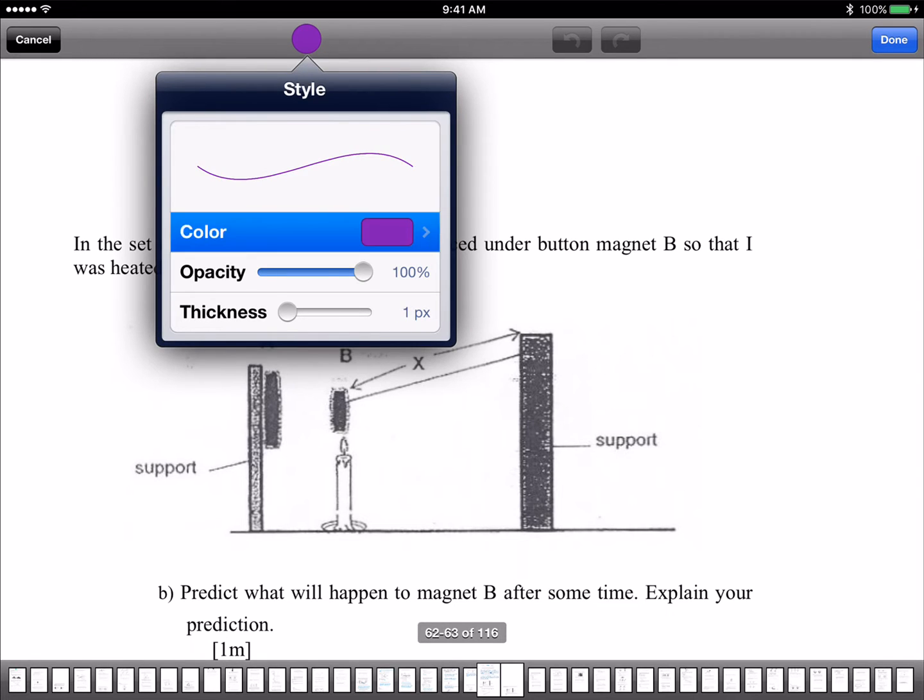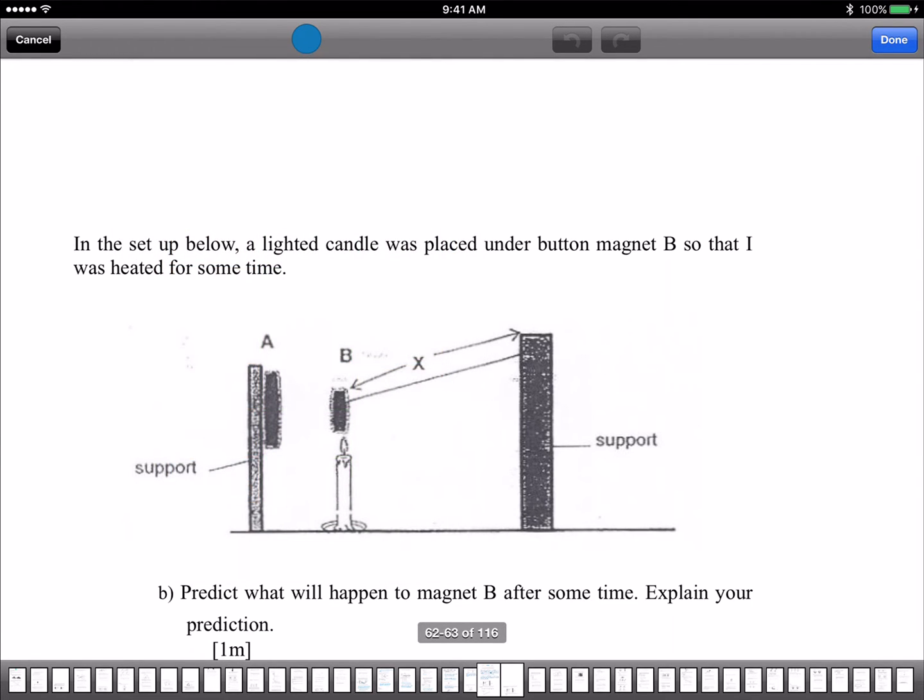Okay, so we say that. Magnetism between one. Okay, do you understand what's going on? What I know is the candle is below B. Okay, and then what happened? So we say that magnet B will drop to the floor. Not enough space below, right? So magnet B will drop to the floor